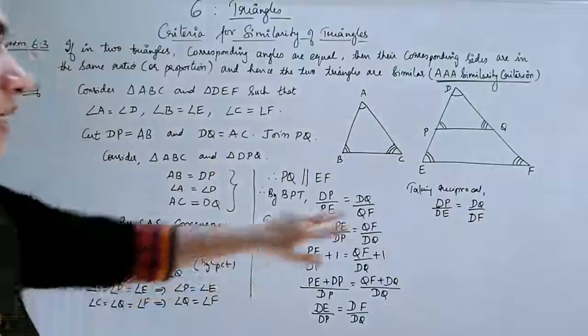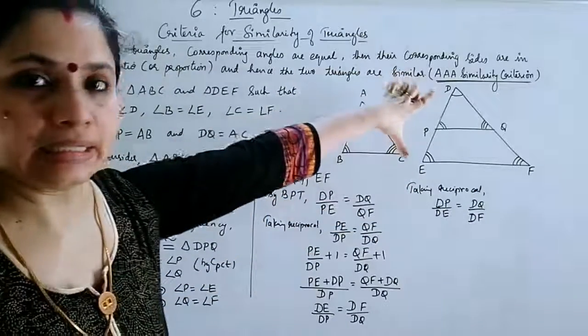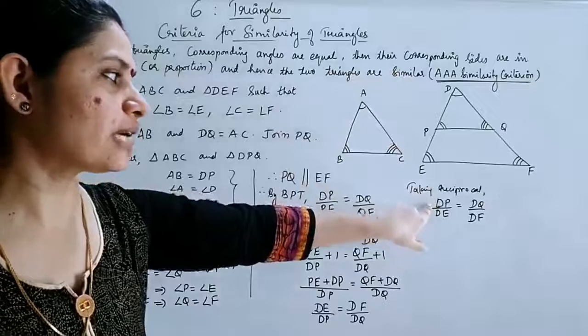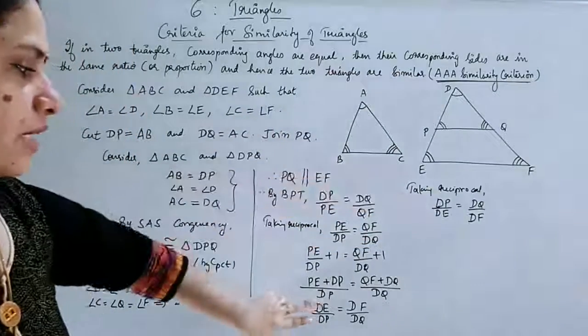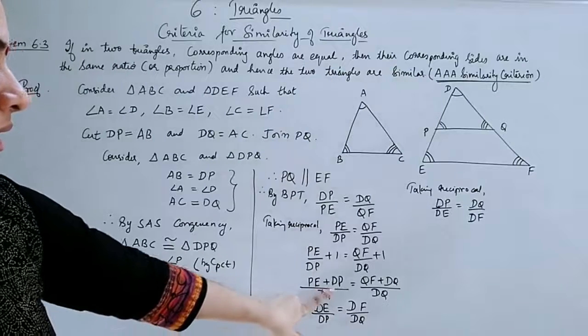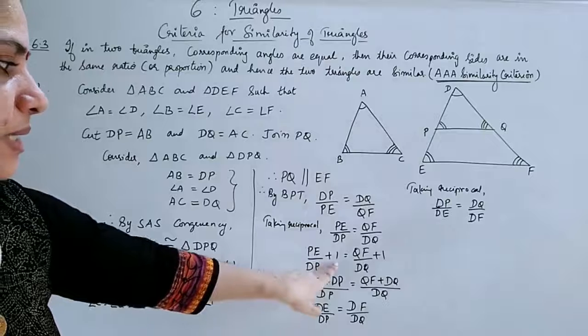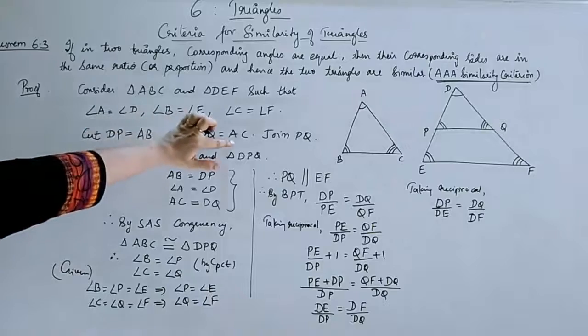Now just see why we have taken the reciprocal, in order to get that AB by DE. Okay, so in the numerator, if you need to get AB, you have to get dP in the numerator. That's why we have taken reciprocal here. And in order to get that dE concept, we have taken this +1 and applied the LCM and all. Okay, now we have dP as AB and dQ as AC.